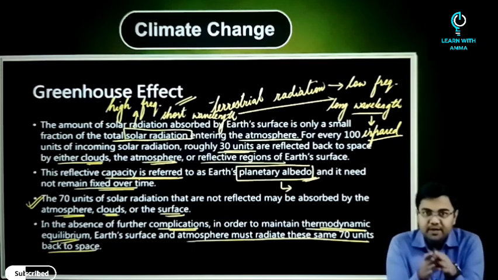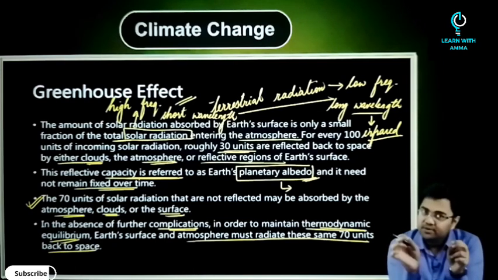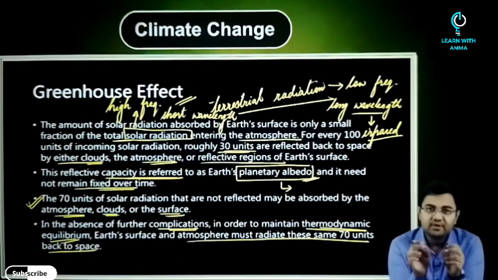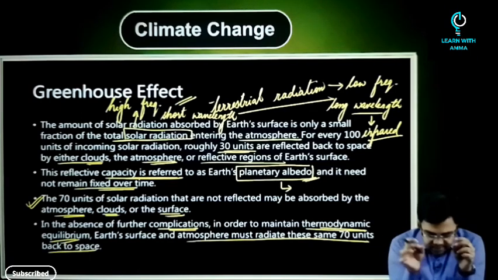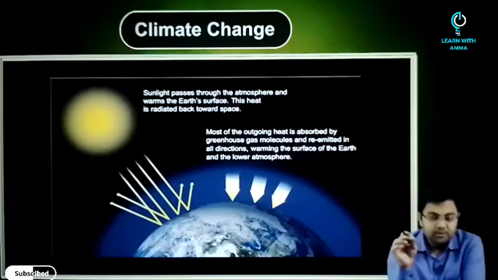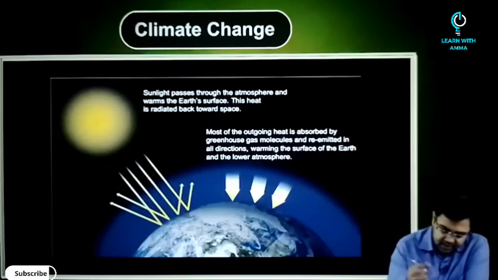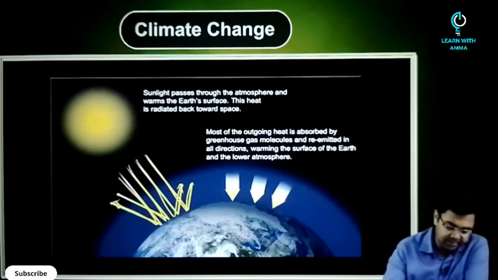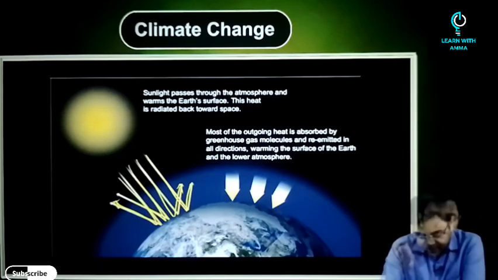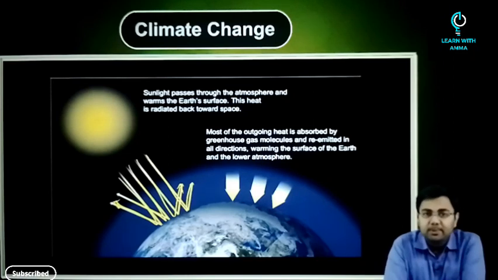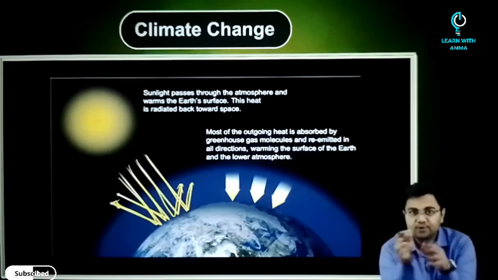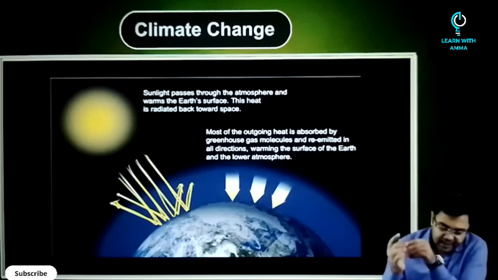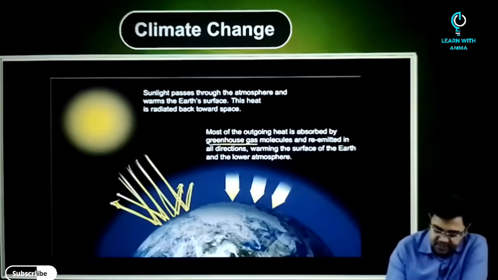Now, up to this part, it's fairly simple, and this is something which is natural and has been happening ever since the earth has existed. But this gets complicated. So if you look at this particular diagram, you would understand that we are receiving the solar radiation, and this solar radiation has to reflect back to the space. But since there are clouds, there is some carbon dioxide, etc., these can absorb some of the solar radiation, and this is what is done by the greenhouse gases.